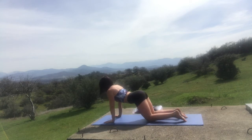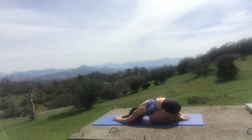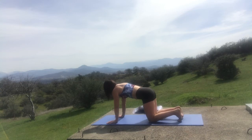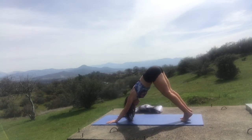And press back through hands and knees to child's pose. Rest here. And on an inhale, tabletop, tuck the toes, down dog. Few breaths in your down dog,